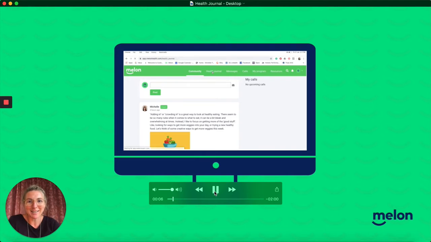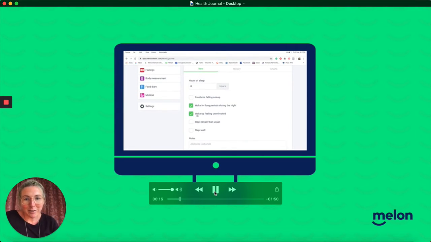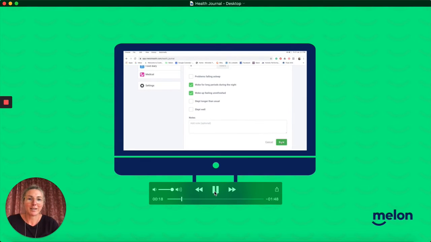I'm just here today to explain to you how to use our new health journal from Melon. So this is for the desktop version of Melon. If you click on the health journal on the bottom of your screen, you'll be taken to one of these